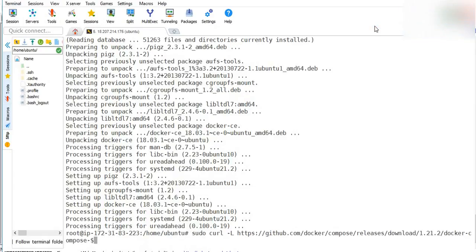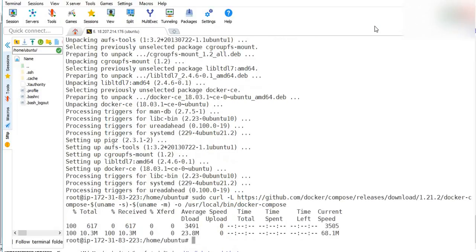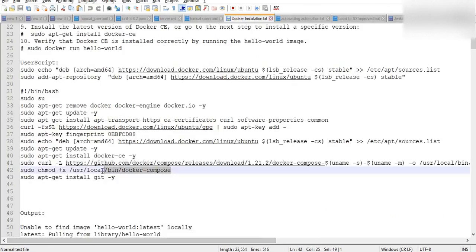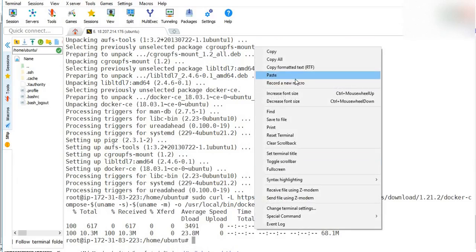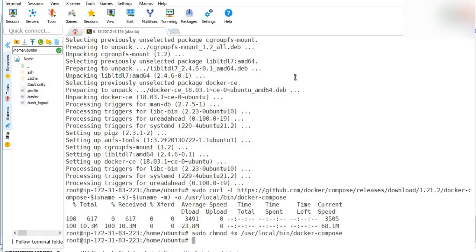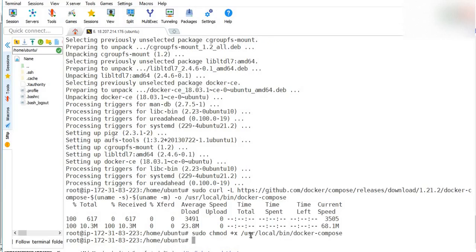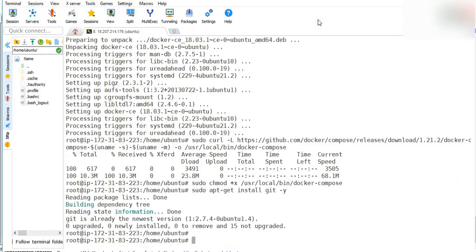So paste that here. Once this is done, first give the permissions, make them executable, and then install Git also. I need to clone something from my repo, so I need Git also.